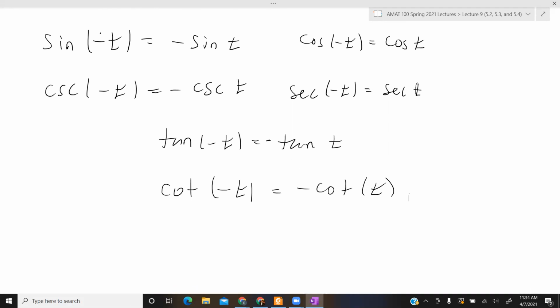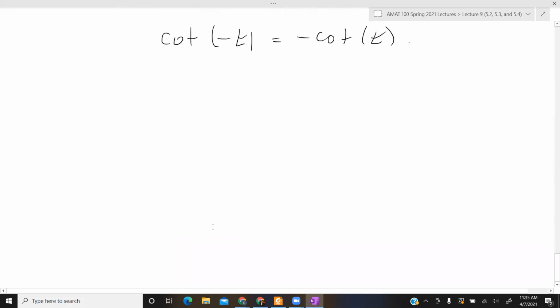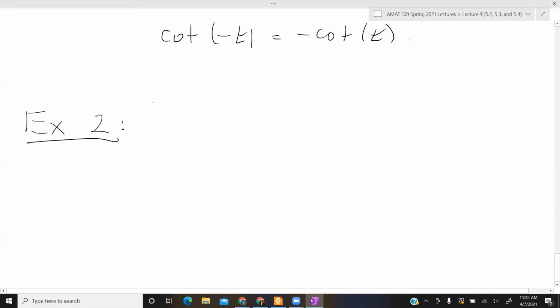So let's look at example 2 in the book. This is 5.2, example 2. We want to find cosine of 2 pi over 3. What is that equal to? Well,